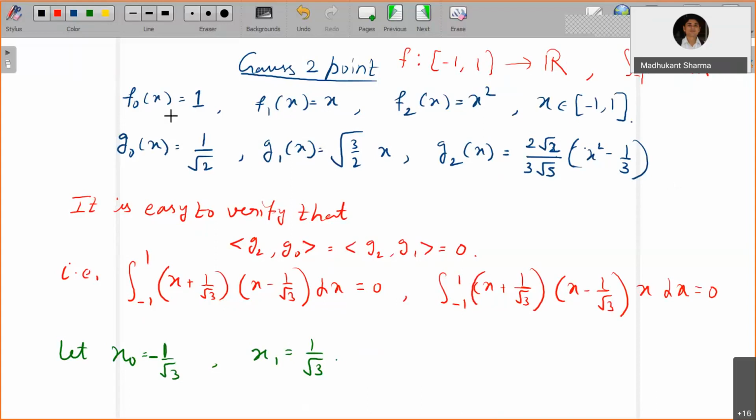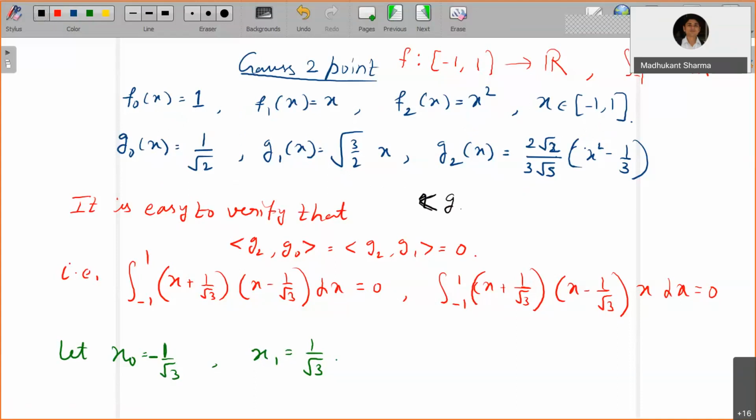We were interested in finding the orthogonal polynomial of degree 2, which is orthogonal to the polynomials of degree less than or equal to 1. So we can take three functions, 1, x, and x square over the interval -1 to 1. And then by using the Gram-Schmidt orthonormalization process, we can derive these three polynomials,